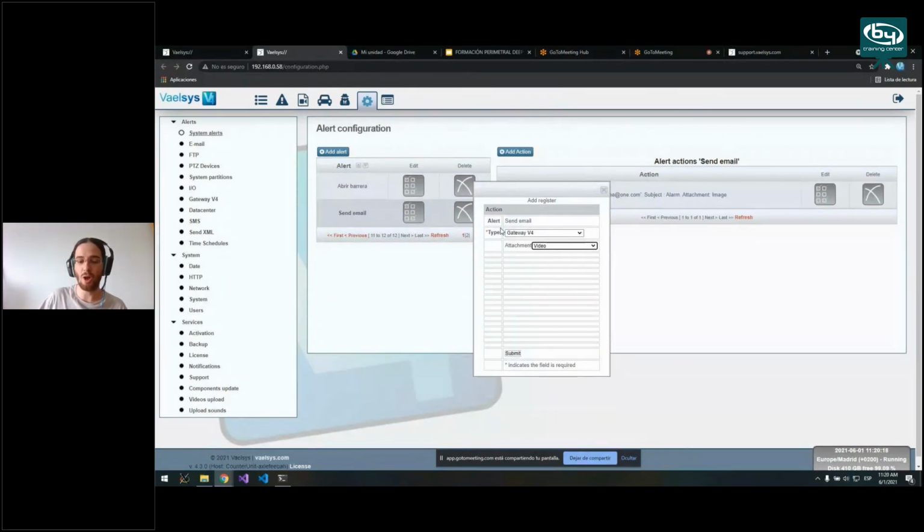So if you know an ARC that wants to receive events from our systems, we will get in contact with them and help them install the gateway to receive our events and send them to the ARC